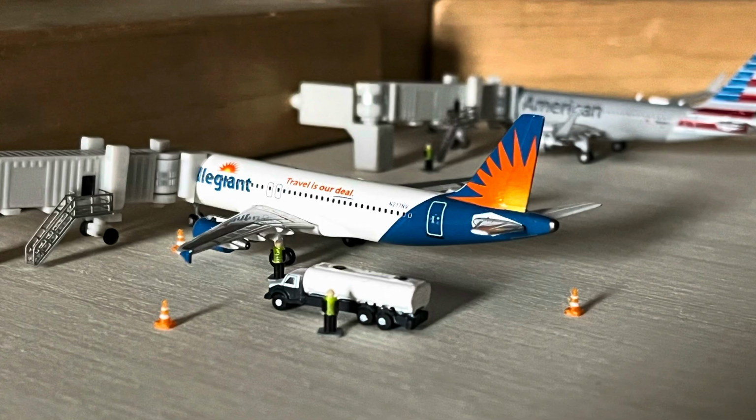Moving on right here, we have an Allegiant Airbus A320 still wearing the old Travel Is Our Deal livery. Unfortunately, a lot of these older A320s are going to be retired in the near future as Allegiant starts taking delivery of their 737 MAX 8s, which I'm not sure if they've entered service yet. I believe they've received their first one and they're currently doing training for pilots and such. I'm not 100% sure when that enters service,